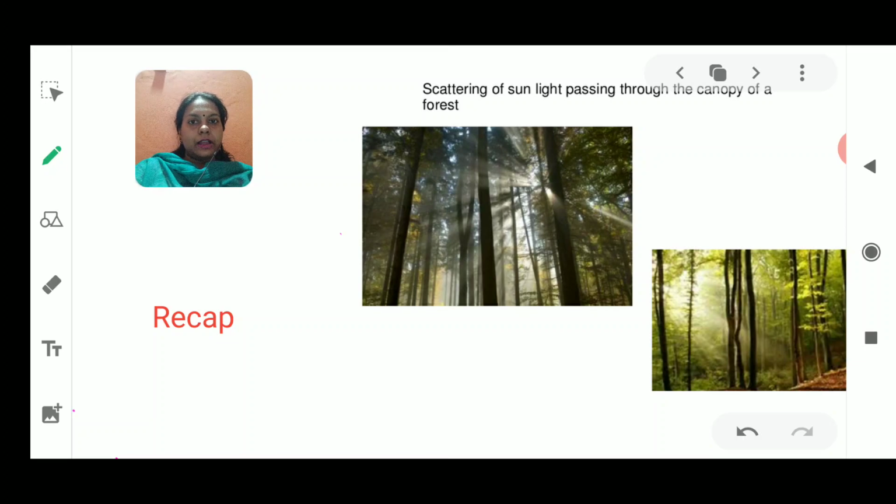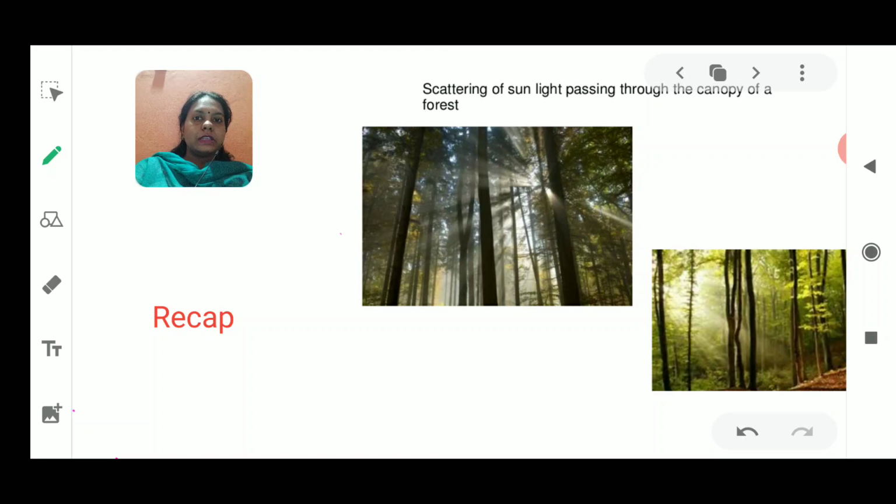And then in the last class, I discussed some phenomena related to refraction and refraction through a prism, and how we are able to see the dispersion phenomenon with the help of the prism. We saw that when white light is passed through a prism, it is dispersed in the form of a band of 7 colors, known as a spectrum, and the colors are in the sequence of Vibgyor.